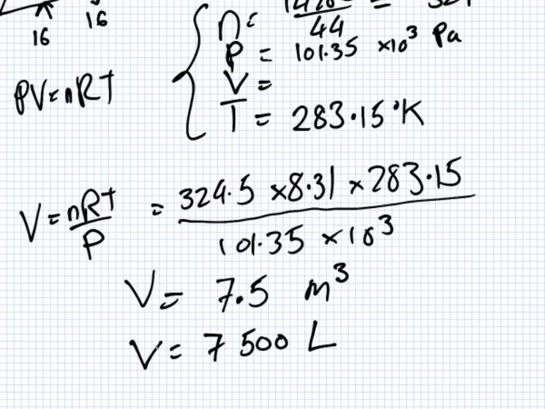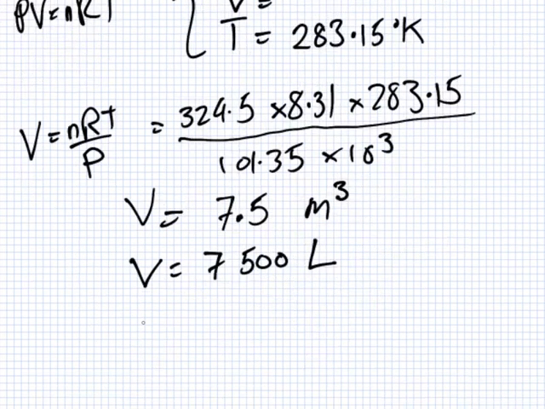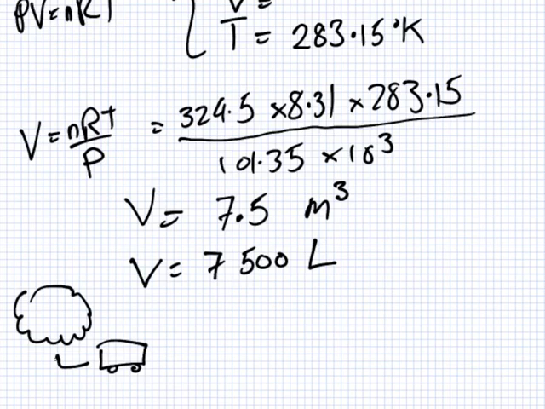So that means the CO2 that comes out from the back of the car is 7,500 litres for 1 hour. Much bigger than the car? Well, no, actually, I guess it's actually not that big. Anyways,